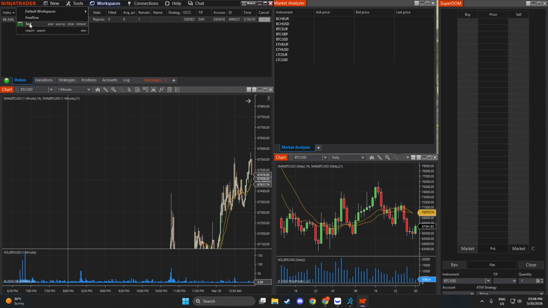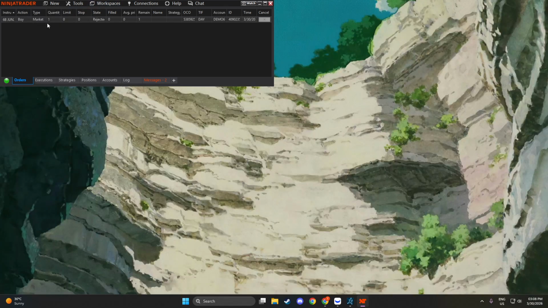Click Save. That's it. This command updates the current workspace with the exact windows, positions, and settings you're using right now. All your open charts, the intervals and instruments they're set to, which indicators are applied, any linked windows, and where everything sits on your screen, even if items are undocked, are written into that workspace. The next time you open Ninjatrader and load this workspace, everything should reappear in the same place, ready for you